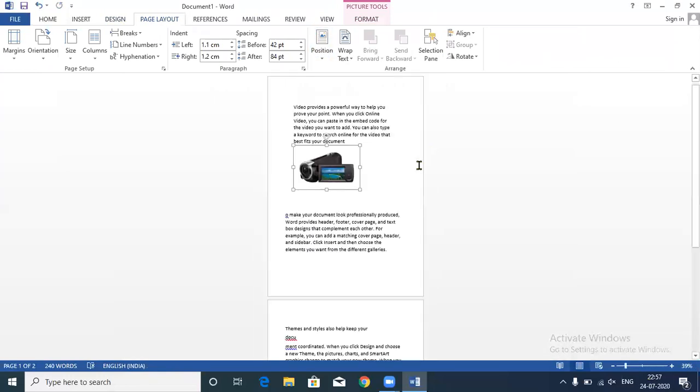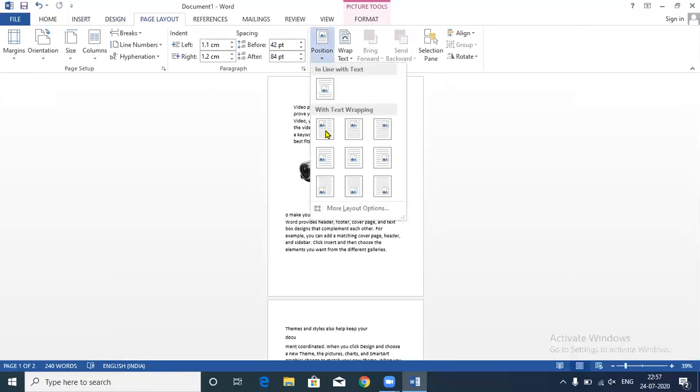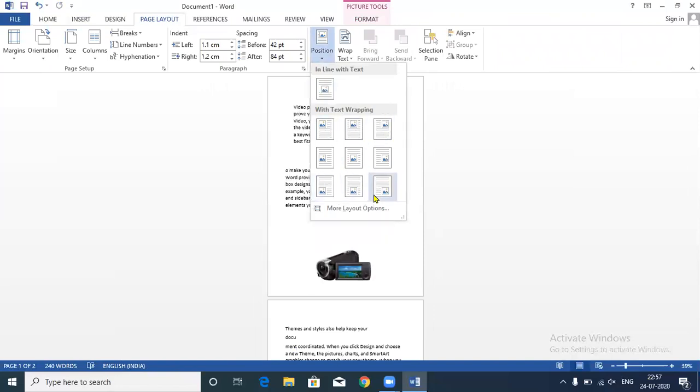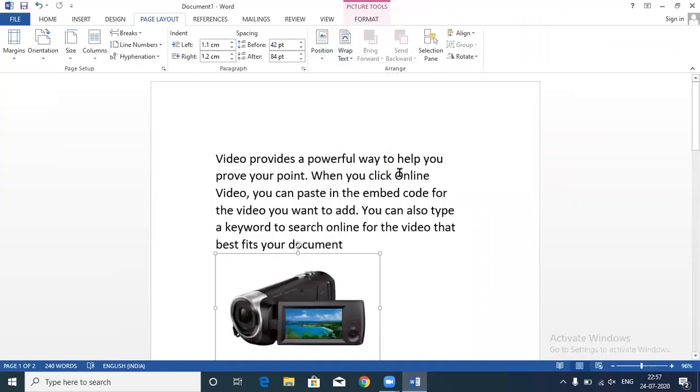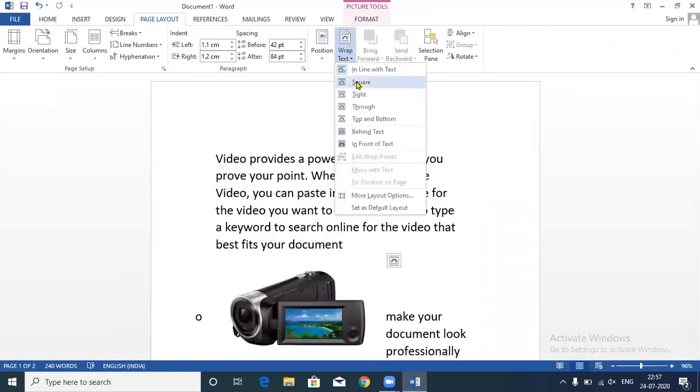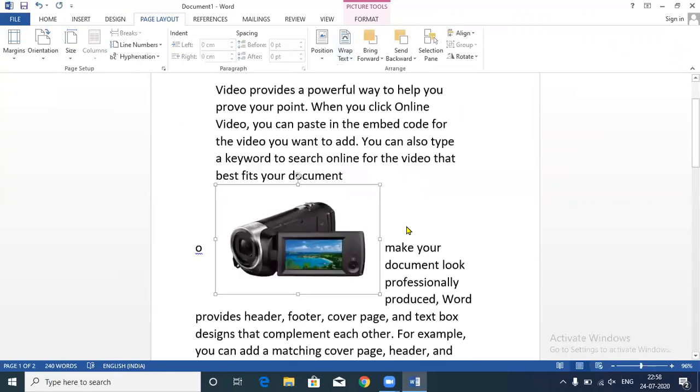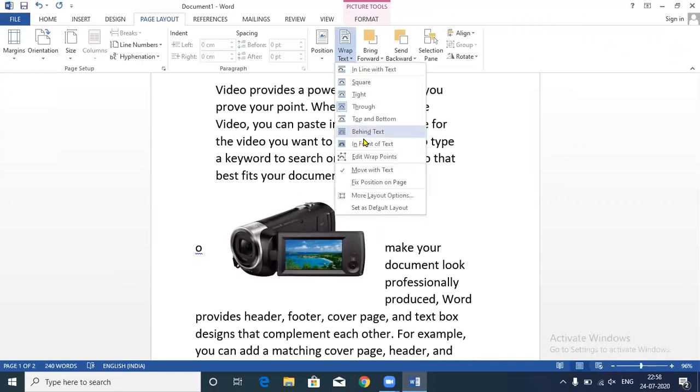Wherever you want the position of this image, you can place it at that particular location. Now we have the wrap text options available. What is the wrap text option? If you want it set in a square form, it will be set in a square form. If you want your text tightly fitted, or text through the picture, you can have this.